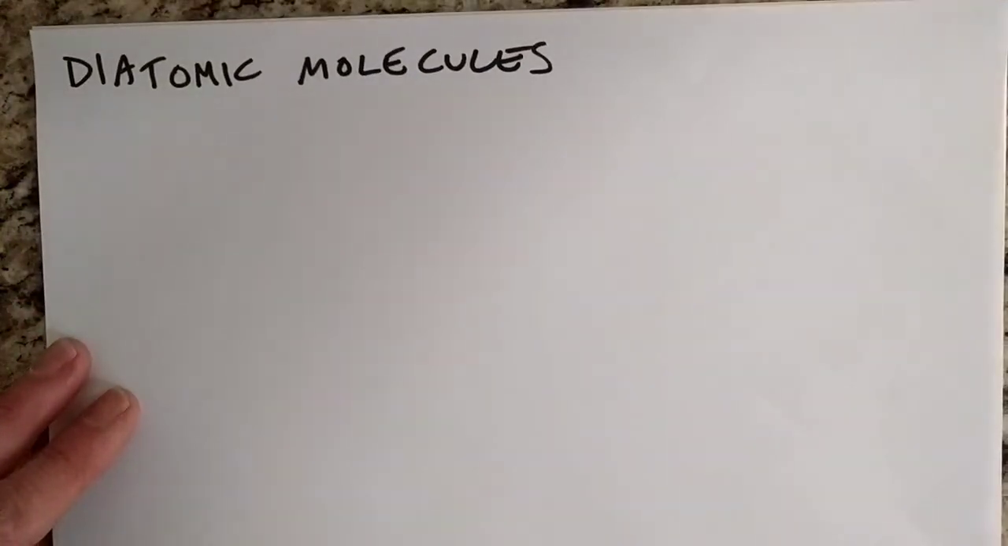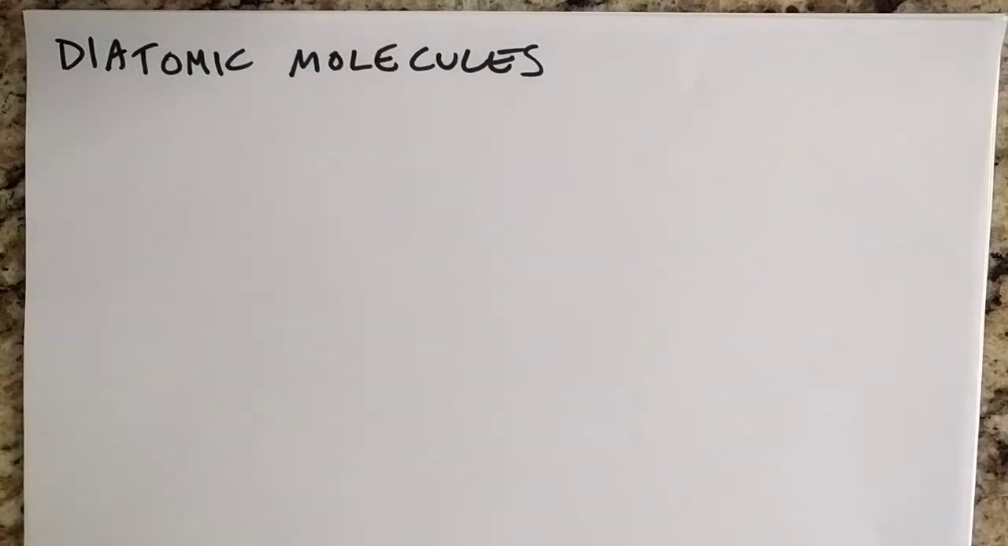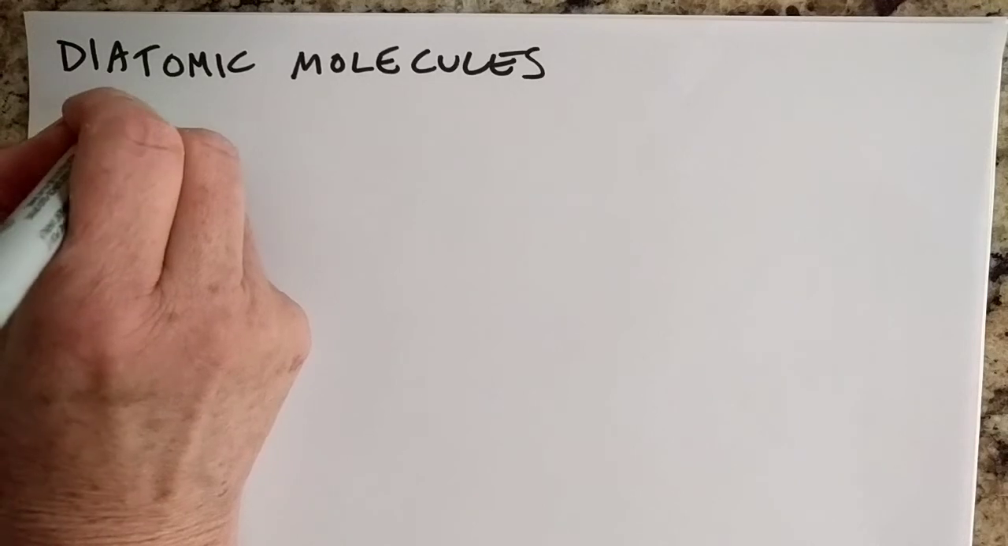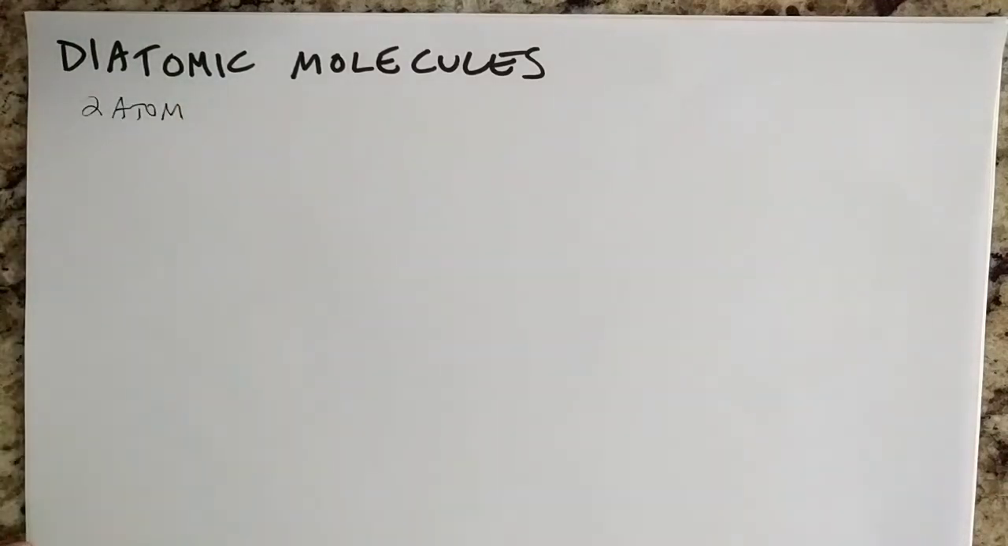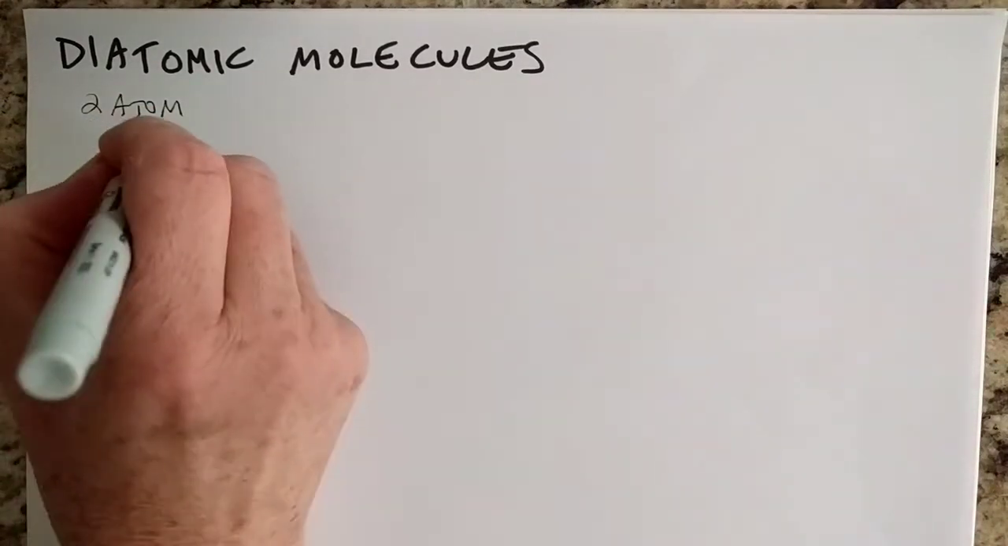So we're going to start out with diatomic molecules. So what do we mean by diatomic molecules? Well, the prefix di means two, and atomic for atom. So these are two atom molecules. And those molecules can be elements,